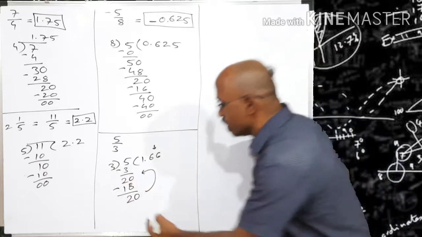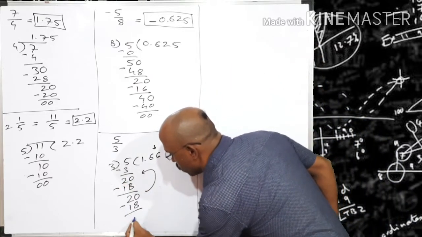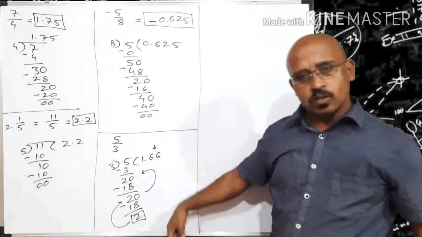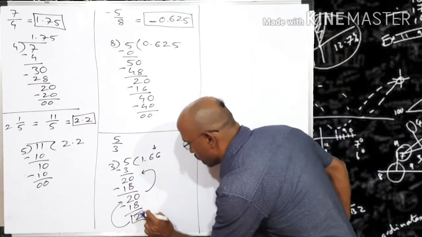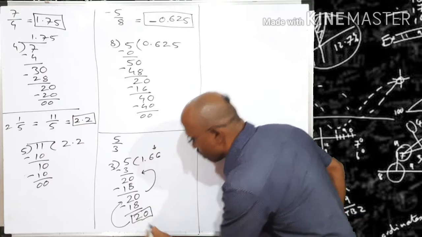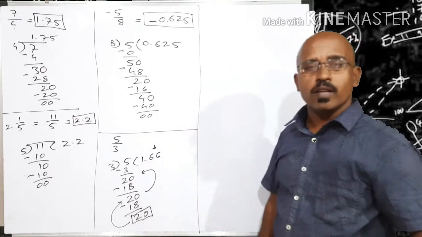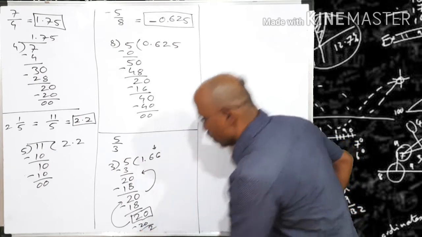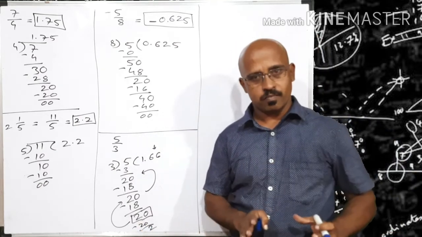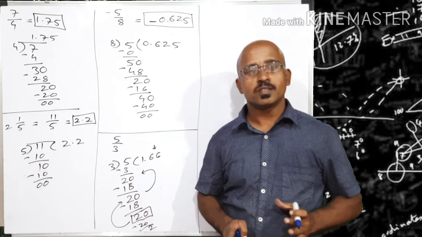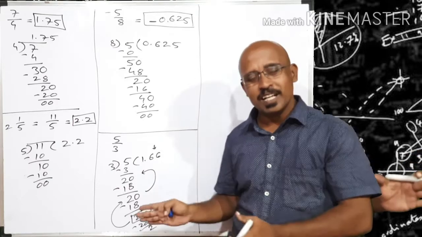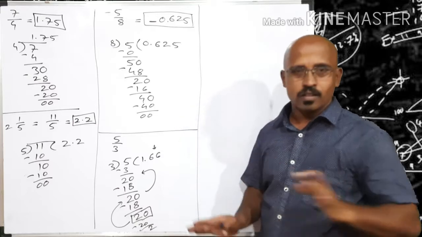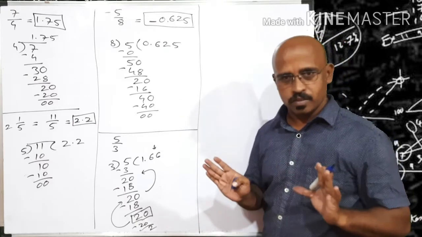So 3 6s are 18, 20 minus 18. Now the new remainder 2 is exactly equal to the old remainder. So after appending 0 to it, you will get exactly the same number, 20. So what will happen? If you continue dividing this, you are going to get the same answer till your lifetime. If you decide to find its finite answer, it's impossible in your lifetime, right?